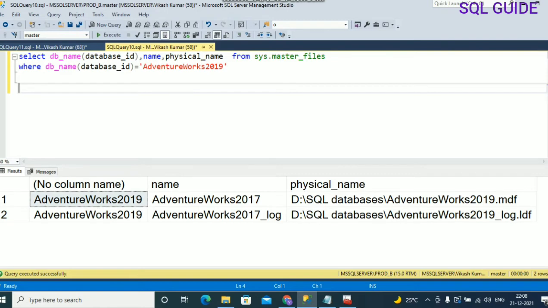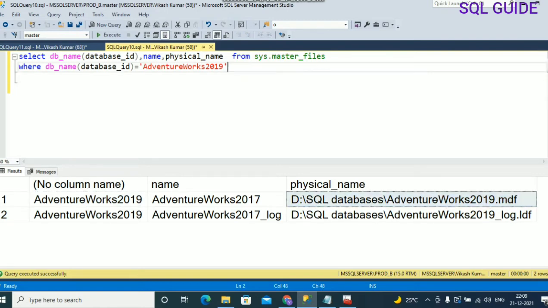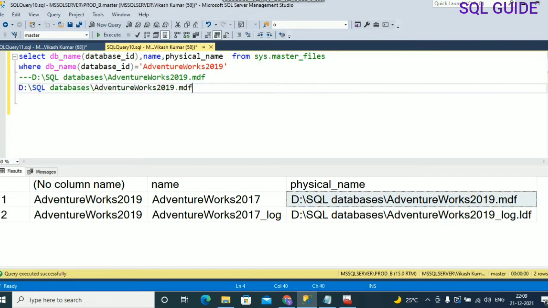The current physical location for the AdventureWorks 2019 log shipping secondary database is D drive, SQL database, AdventureWorks 2019 MDF on the prod instance. Now you want to move it to the C drive.